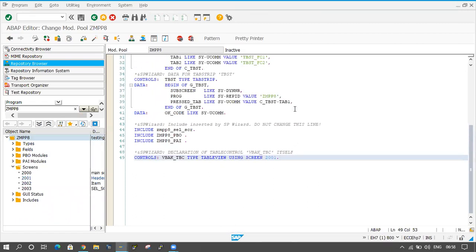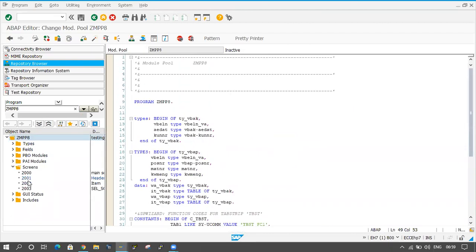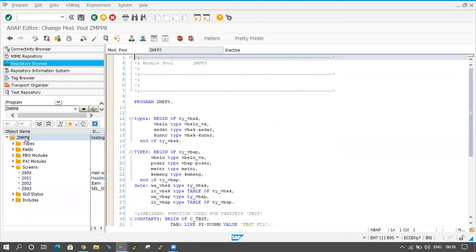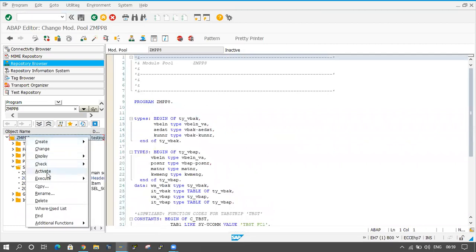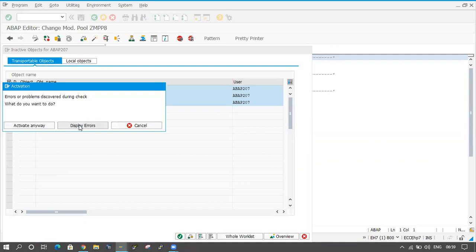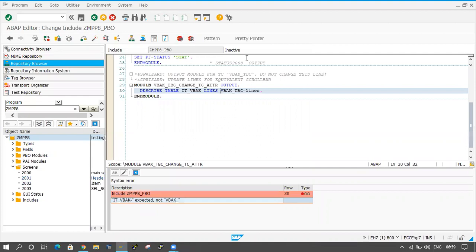And in 2001 also, automatically LOOP and ENDLOOP are coming here. Some modules are coming here. All the things are coming automatically. Now double click on the main program, right click on it and activate it. Click on display errors. So same thing. Where is it?